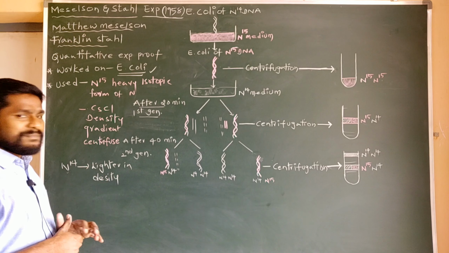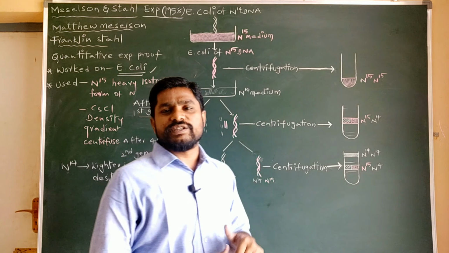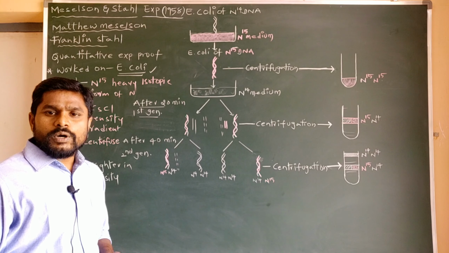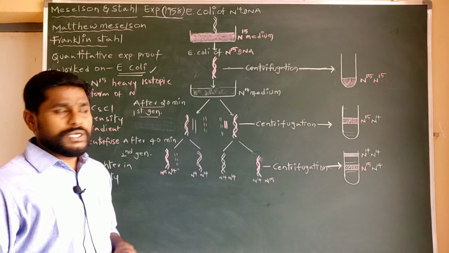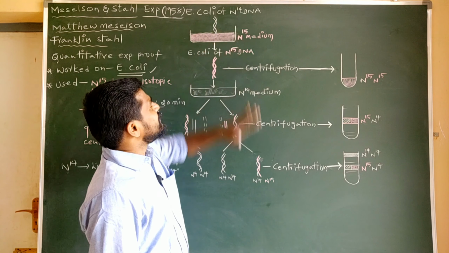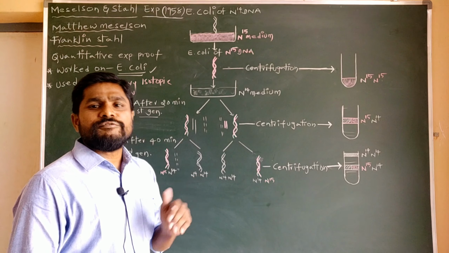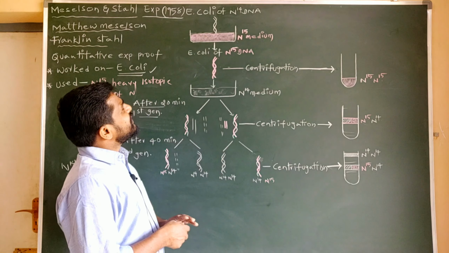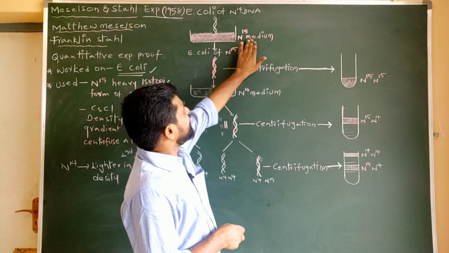Now, let us move on to the experimental procedure followed by Meselson and Stahl to prove that DNA undergoes the semi-conservative model of replication. What did they do here? First, they took E. coli cells of normal DNA. Normal DNA means DNA having the N14 form of nitrogen. These E. coli cells with N14 DNA were allowed to grow on an N15 medium